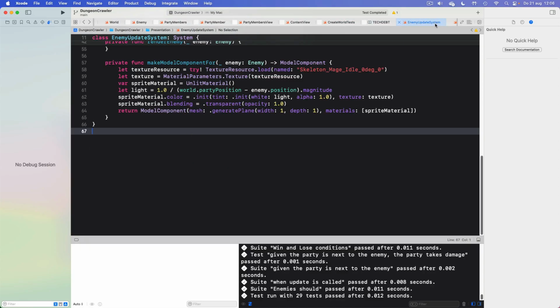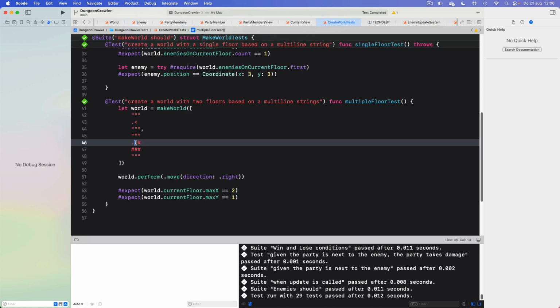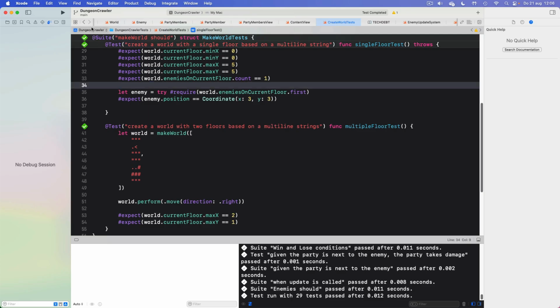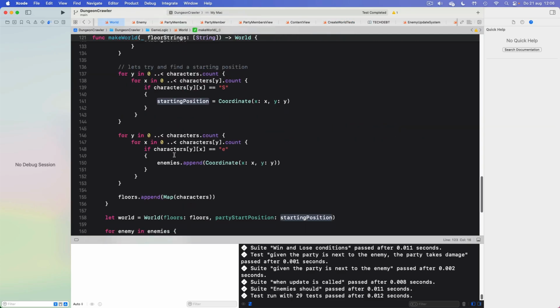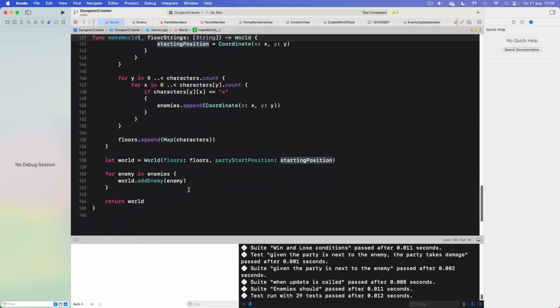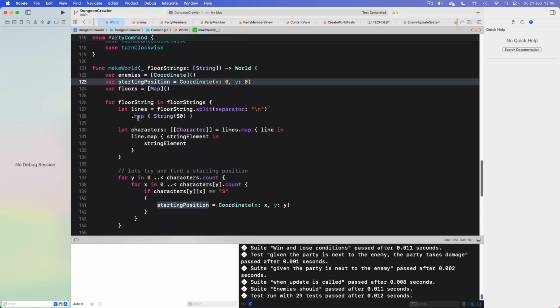So I don't think that's a very elegant way. And also, if I add an enemy here, we suddenly have 2 enemies in also the first floor because enemies are not floor dependent yet. So that's something to improve at a later time. For now, what I would like to do is at least make sure that I can